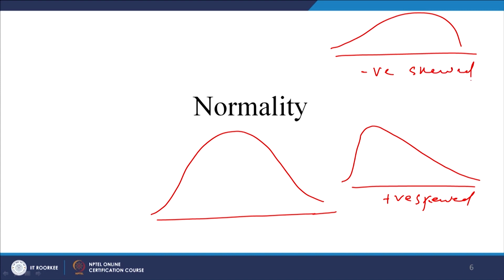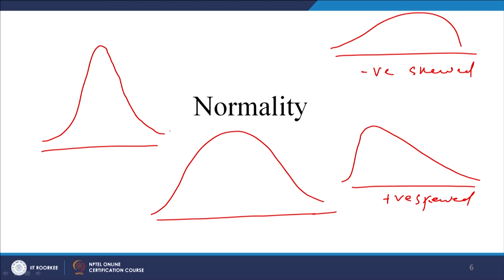Whenever your data is skewed or it is kurtotic, what does kurtotic mean? Kurtotic again means peakedness, right. So, instead of having a normal distribution, when it is peaked, then also it is called a problematic data set. Whenever our data sets are skewed or they are not normal, then the researcher has to first normalize the data before getting into the final analysis.